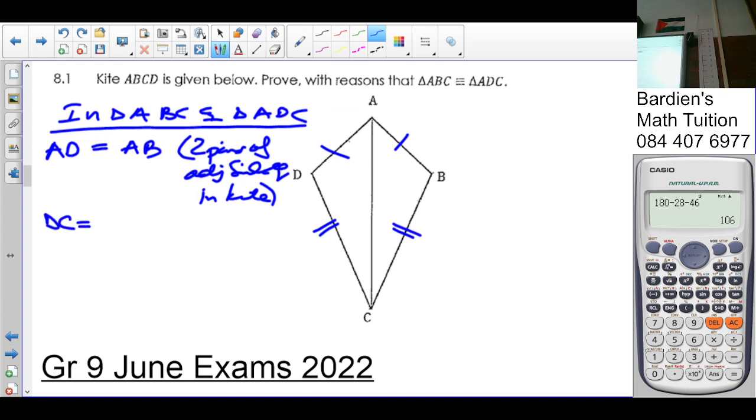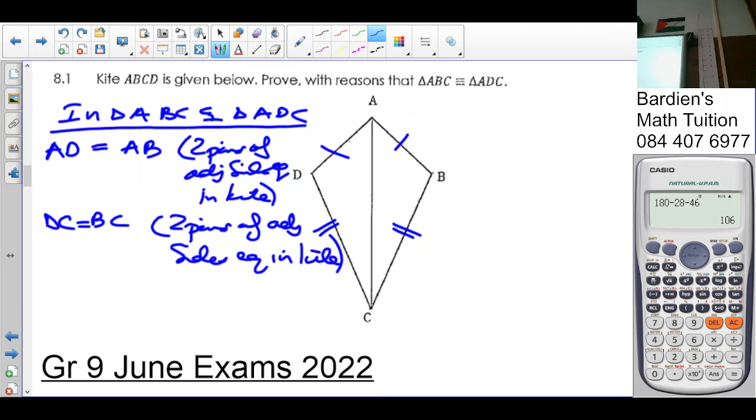DC is equal to BC. Why? Two pairs of adjacent sides equal in a kite. One more: AC, the common side. It's easy if we all do it together, no? But when we put you in a class and put it in a test, it's a different story. So therefore triangle ABC is congruent